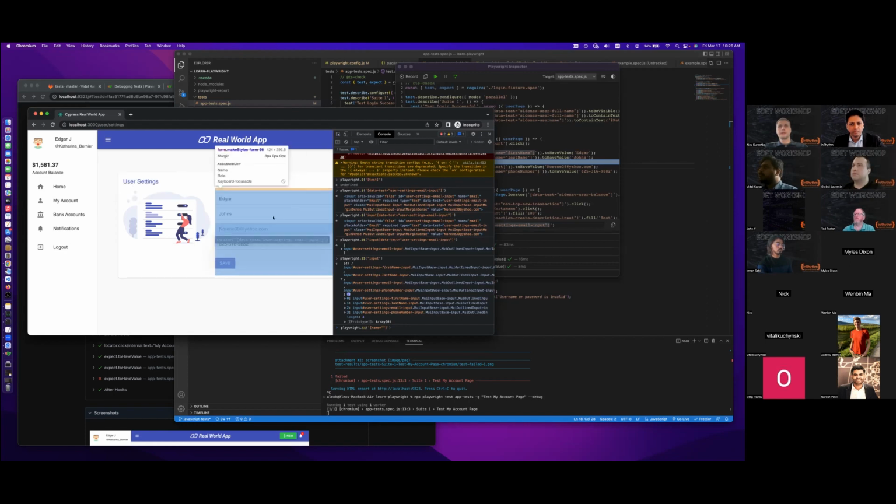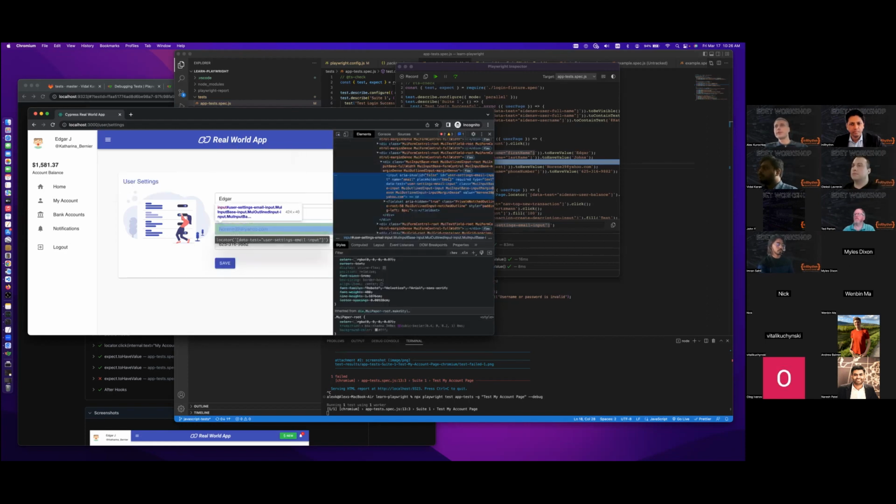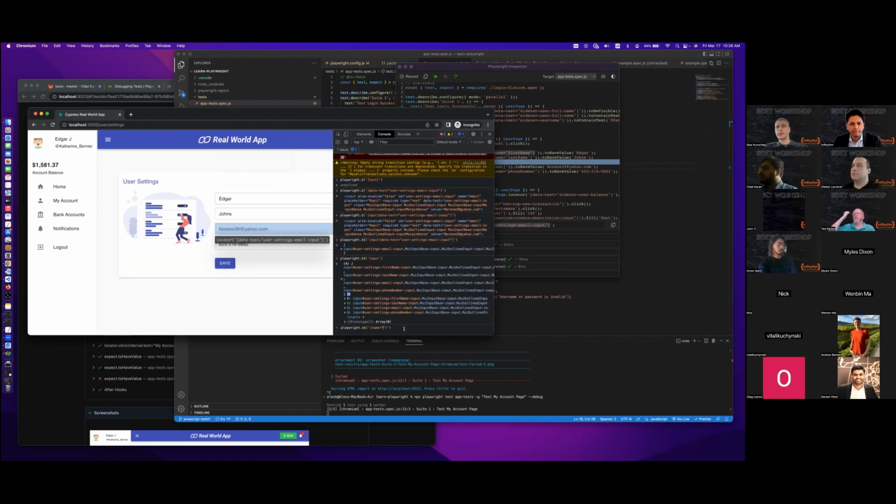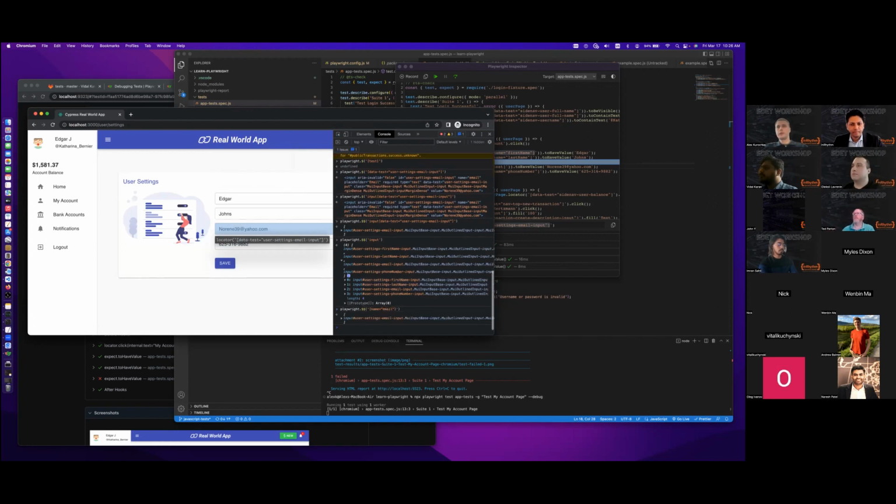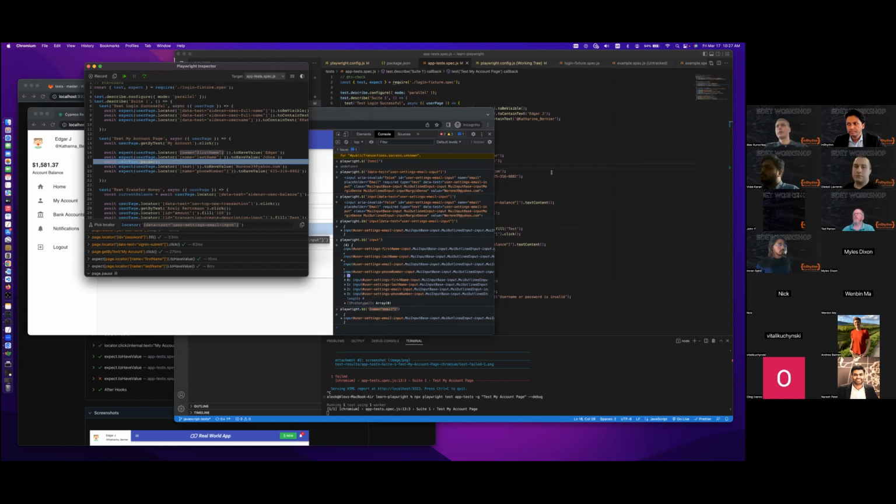Yeah, we can just try to do it like this, and then we'll get name email. Console back. Okay, now we're sure it would work, so we can get it from here. We can put it back into our code.